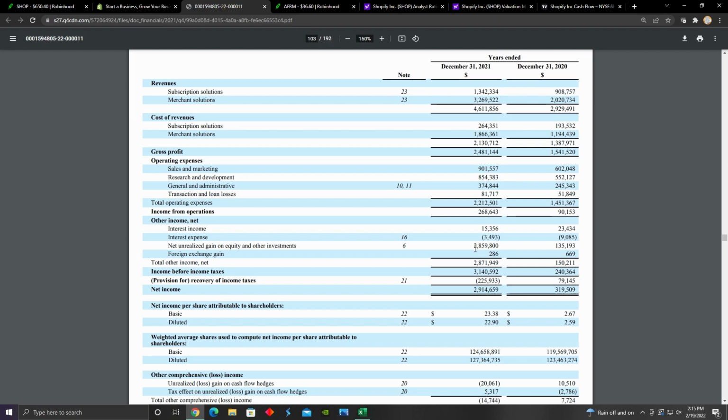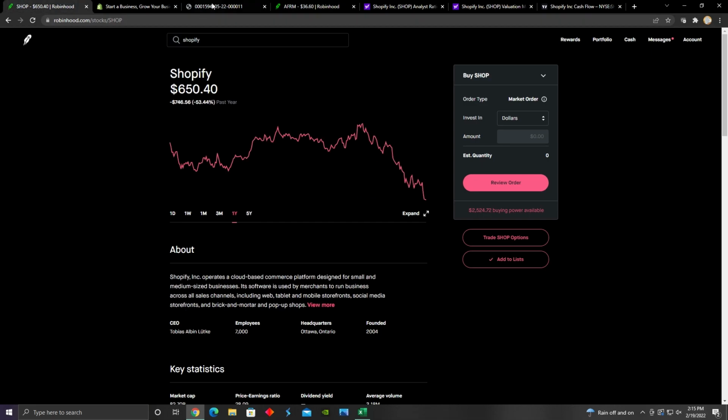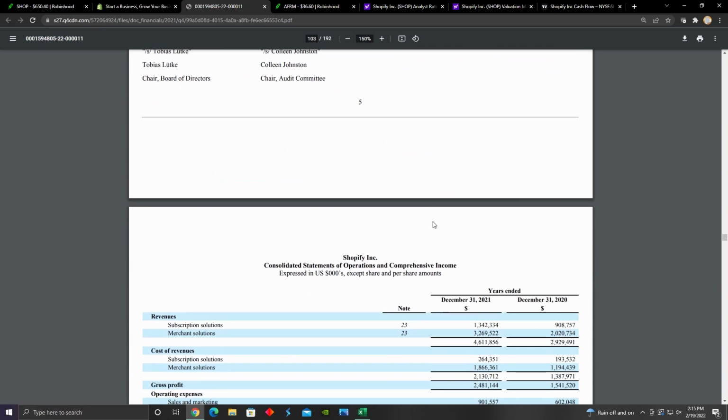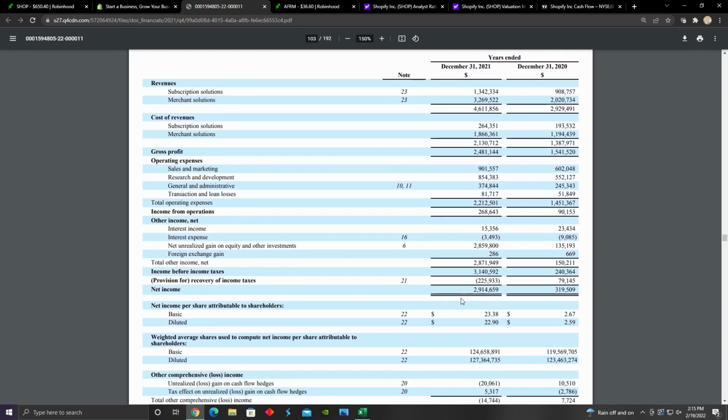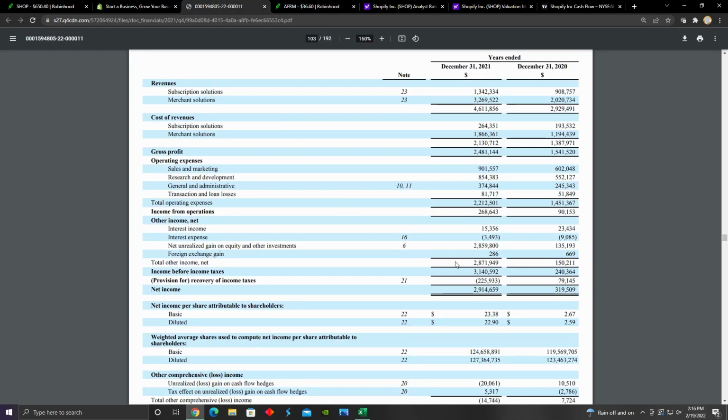And then we can also see this massive line item in 2021, which is a net unrealized gain on equity and other investments. And this primarily came from an investment that they had in this business right here called Affirm, which went public in 2021. And so they recorded on their balance sheet in the retained earnings section, and for their income statement in 2021, they transferred this unrealized gain to their balance sheet and recorded it at this amount based on what the share price was as of December 31st, which was at about $100 per share. And so they just recorded that on their income statement as an unrealized gain